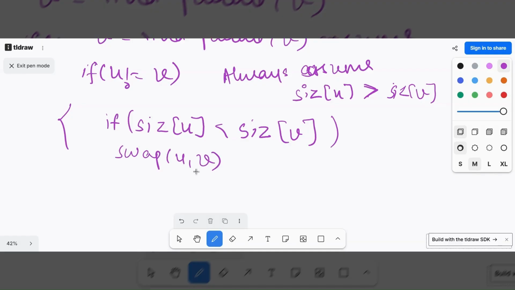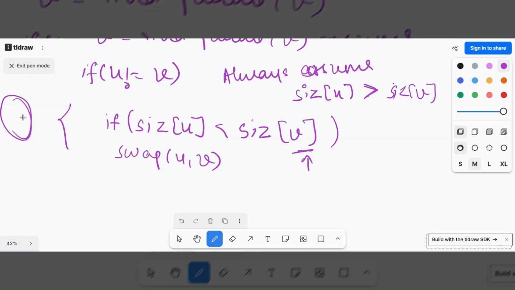Why? Because if u and v are not the same, that means I have to connect them. So I have to put the parent of v as the parent of u. I need to change the parent of v to the parent of u so that they come under the same tree. I hope you got my point.